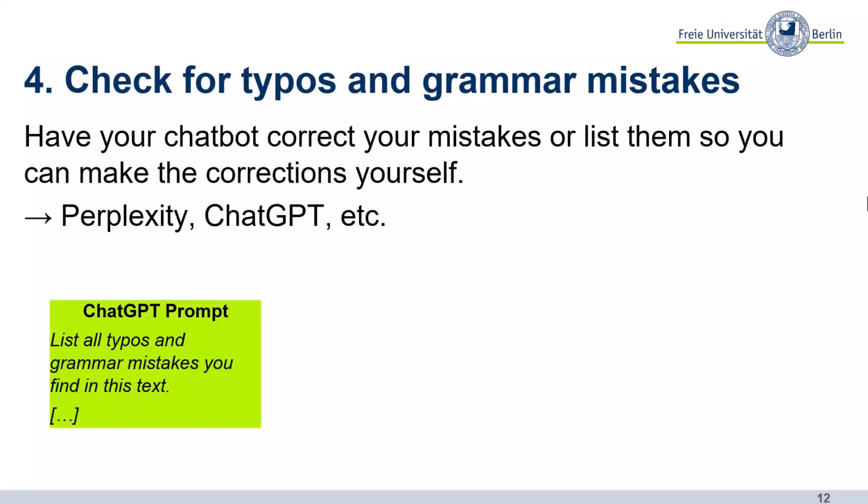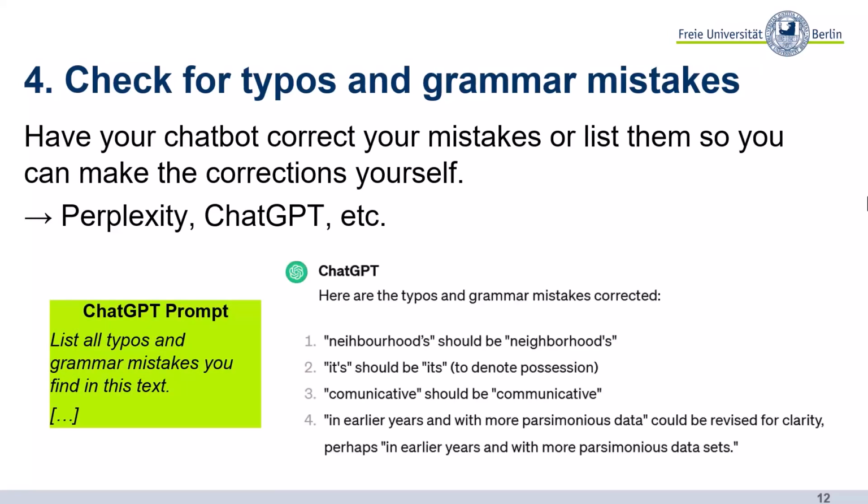List all typos and grammar mistakes you find in the following text. And this is an example of an answer you could get. And I find that if you have mistakes in your text, chatbots are pretty good at identifying them. It's true, for example, that its should be written without an apostrophe to denote possession, that communicative needs 2 M's,